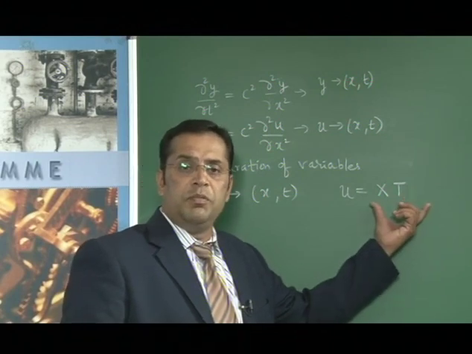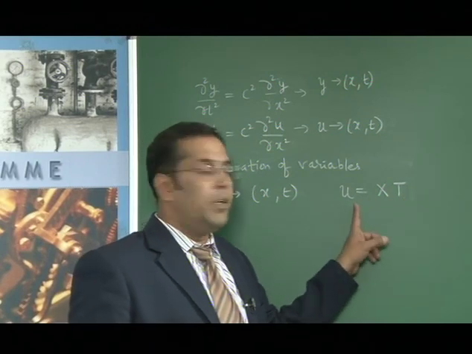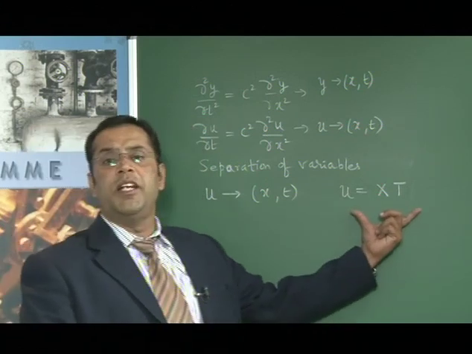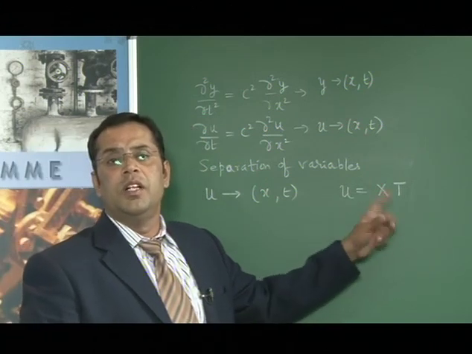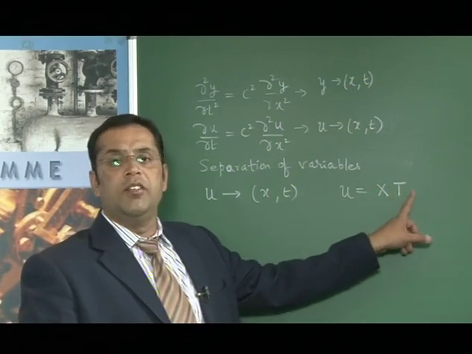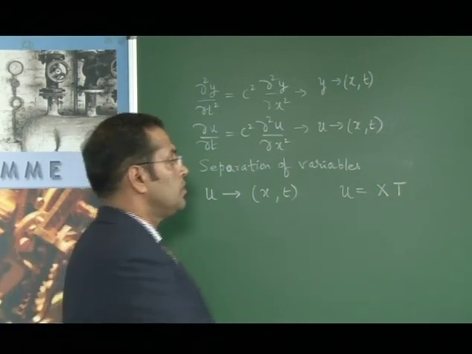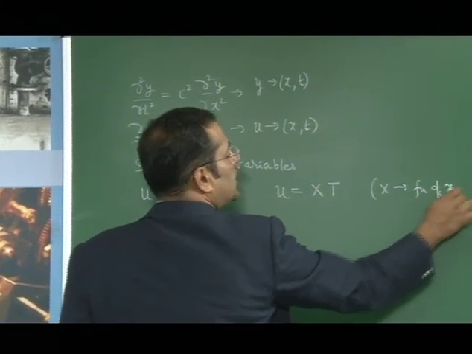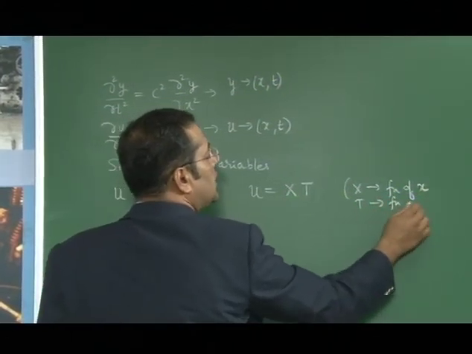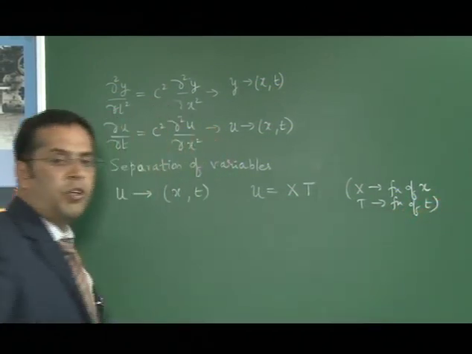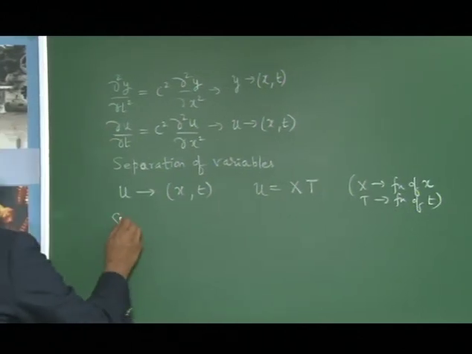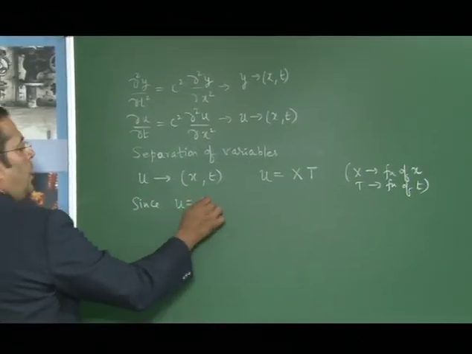I am giving you this method with the understanding that u is dependent on small x and small t. So, start the solution by assuming the solution to be in the form u equal to capital X into capital T, where capital X is a function of x and capital T is a function of small t. Next, since u equal to capital X capital T,